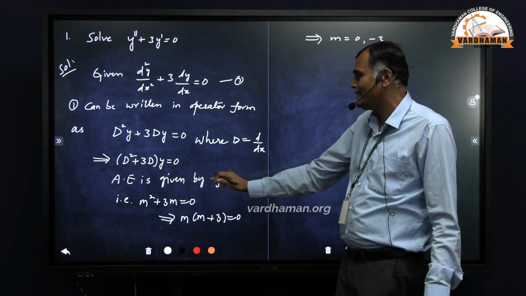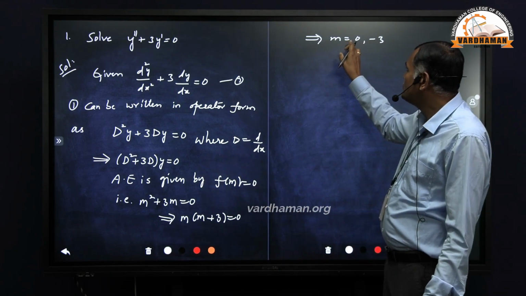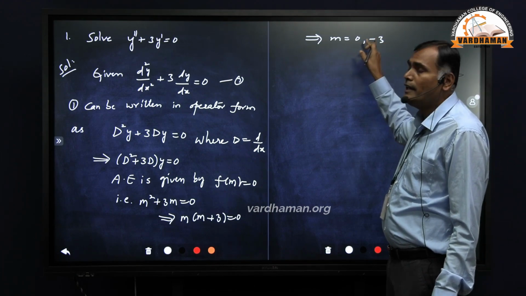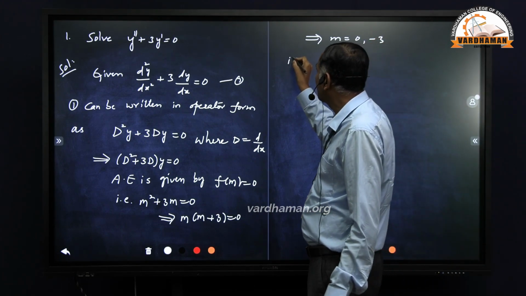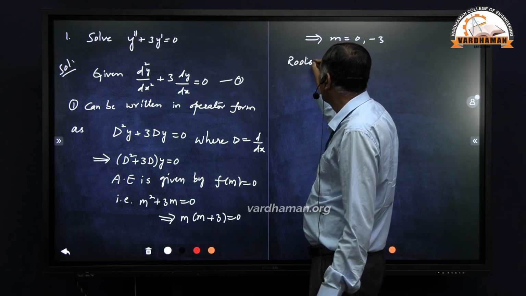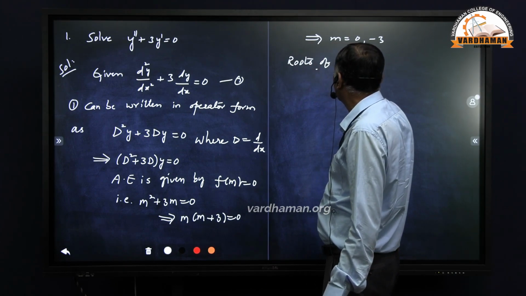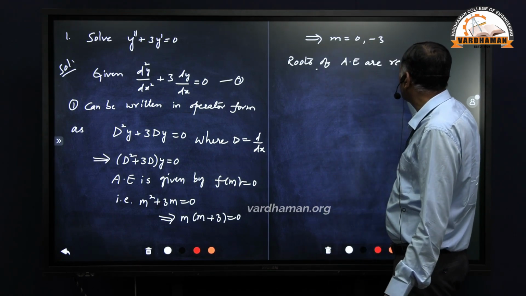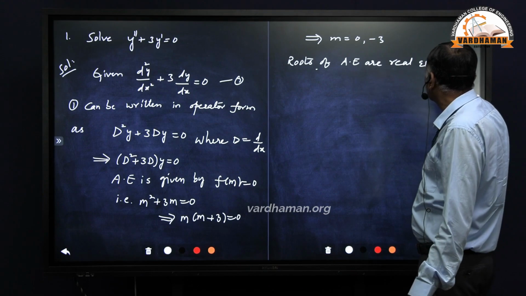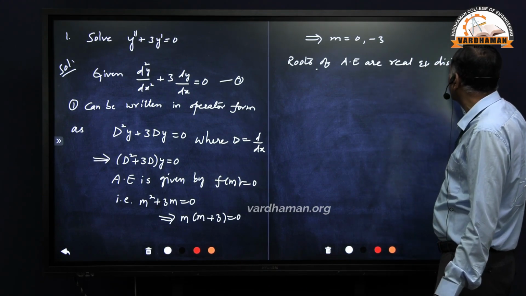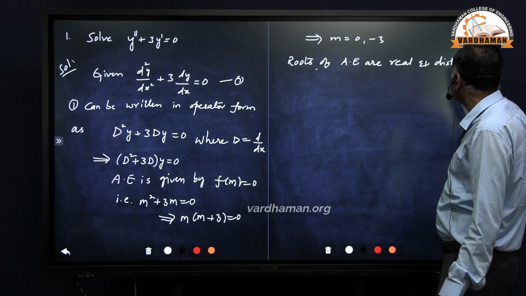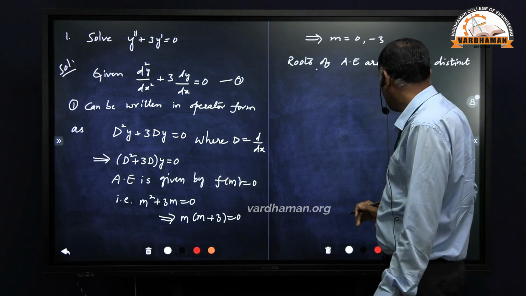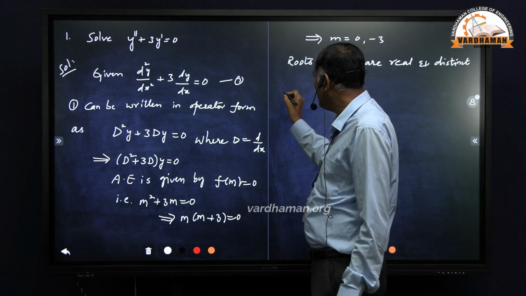These are the roots of this auxiliary equation. Now clearly the roots are real numbers and clearly these are distinct. Roots are real and distinct. I am writing here: roots of the auxiliary equation are real and distinct. If roots are real and distinct, we have a method to write the solution of this differential equation. Then the solution of this DE is given by